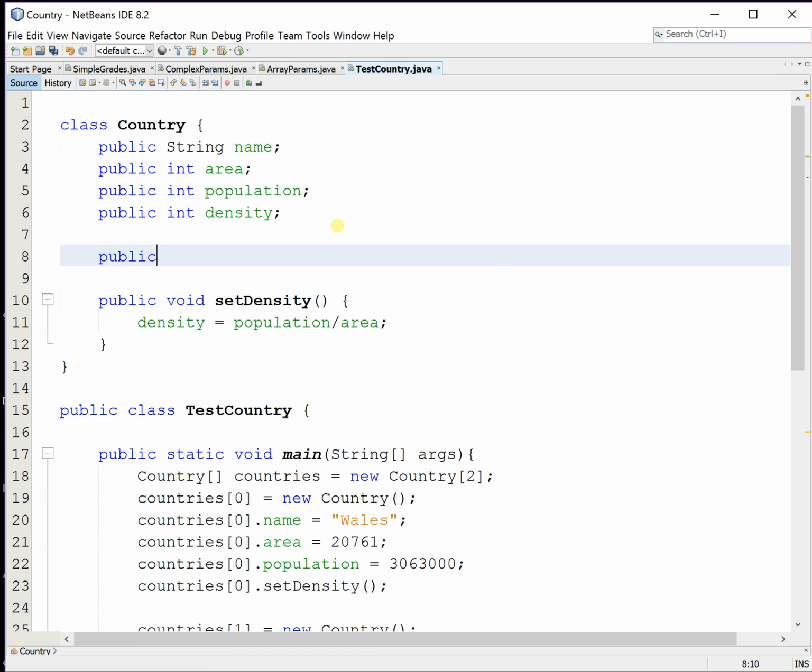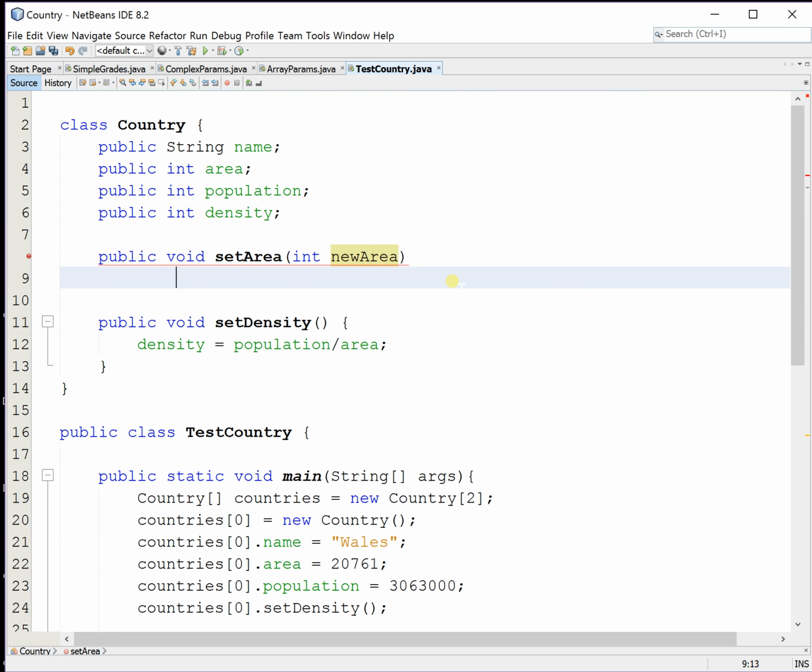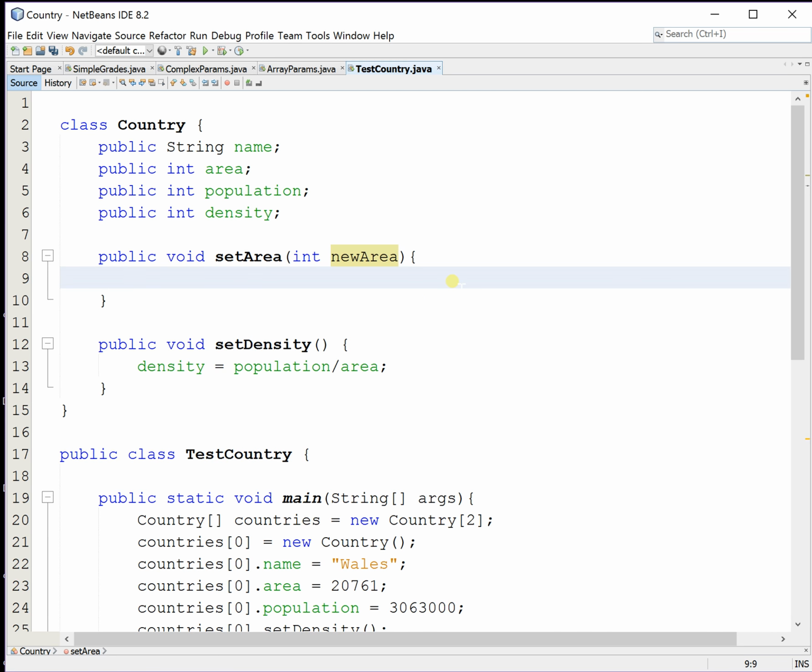We could have a method called set area. Now, the idea would be that, again, this is void, it doesn't return anything. It's called set area. Again, notice it begins with set. Again, it doesn't have to, but it's a convention. But this time we have a parameter, which is the new area of this country that we are setting. And we might then do something like, oops, hang on a minute. I think we can assume that a country area has to be greater than 0. We could then do,